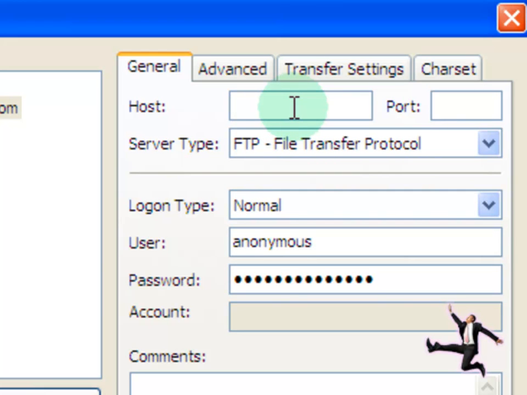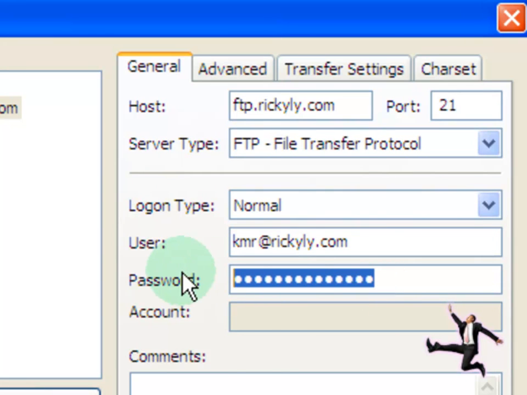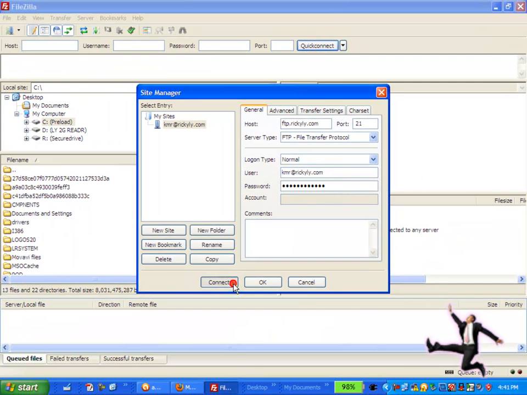The host would be your FTP dot the server, the hosting server. In this case it would be rickylee.com, ftp.rickylee.com. The port is 21, and you'll go ahead and type in your name. In this case the username is kmr at rickylee.com, and the password, of course, you'll need to make sure you get all of this information from the hosting provider. In this case we have a password. We're gonna go ahead and click connect,